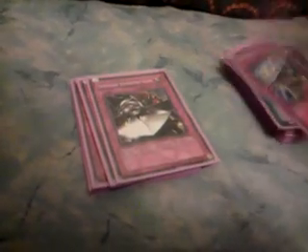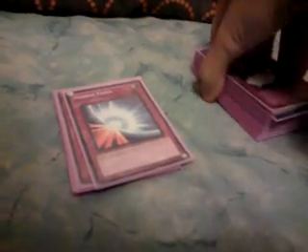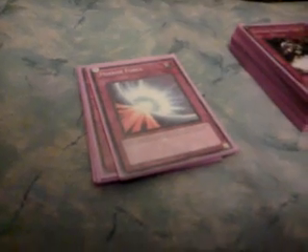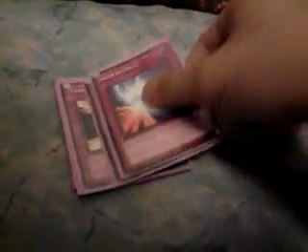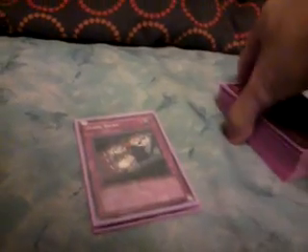So onto traps, we've got 2 Dimensional Prisons, 2 Gottoms' Emergency Call. What this card does is that if I have an X-Saber monster on the field, I get to special summon 2 X-Saber monsters from the graveyard, from either person's graveyard, so it's really good. 1 Mirror Force, which is a staple, 1 Torrential Tribute, 2 Trap Stuns, really good, 1 Royal Oppression, which is a staple,